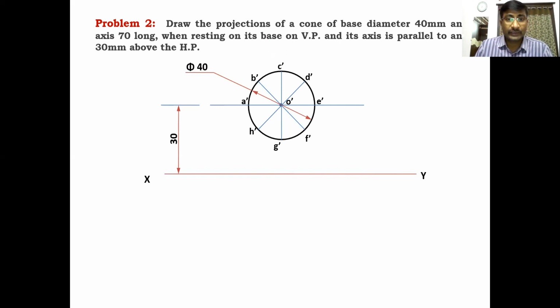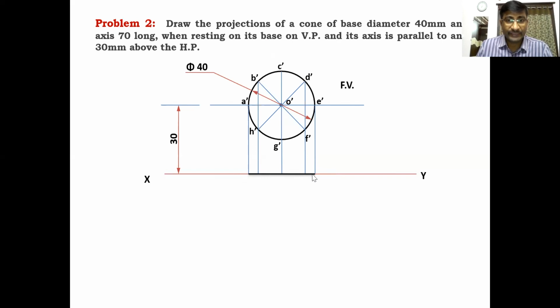After getting the points on the circle, this is the front view, and draw the projection lines. The circle is the front view when looking from the front side. Base is on the VP, so draw the projectors from each point of the dividing circle. Clear? Since the base is on VP, we draw the base on the XY line. When looking from the top side, the base must be on the XY line. On VP means on XY for the top view position. Clear? This is the baseline.